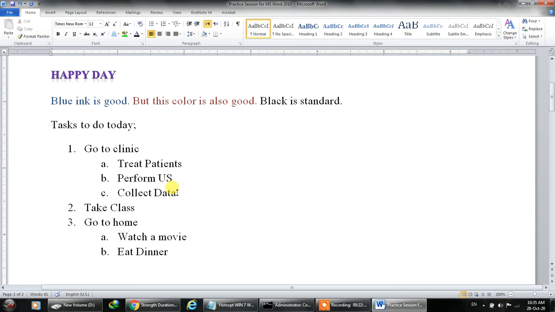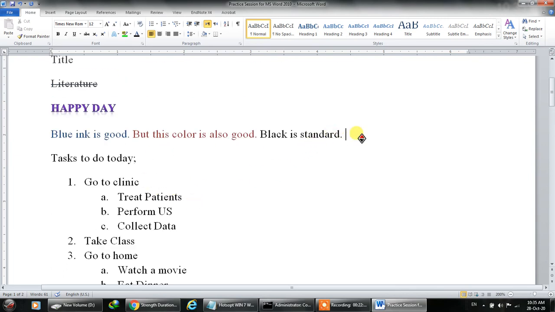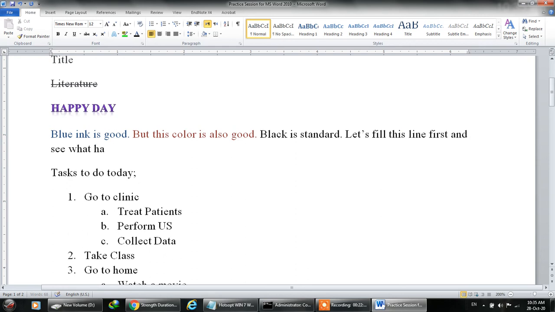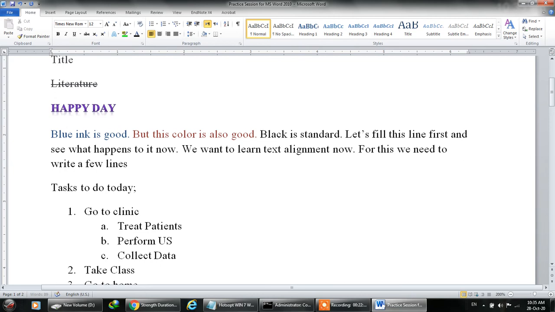Okay, now let's fill this line. See. Now I have written these 3 lines just to show you what I mean, because now if you look at this first line, the blue ink is good, it's ending over here, the next line is ending over here, and the next line is ending over here.